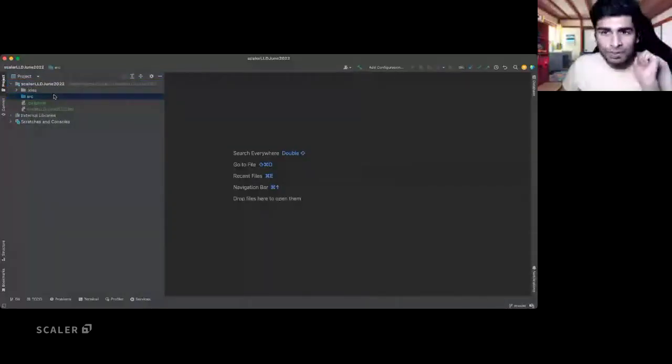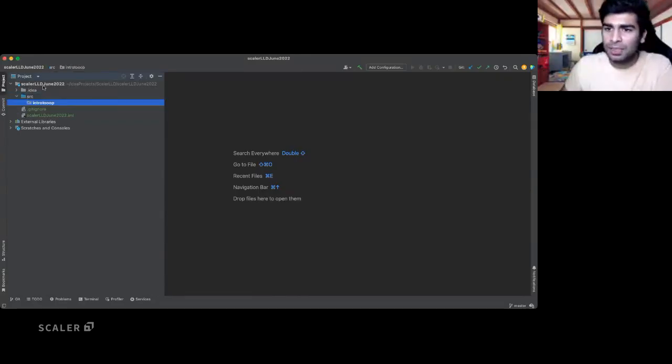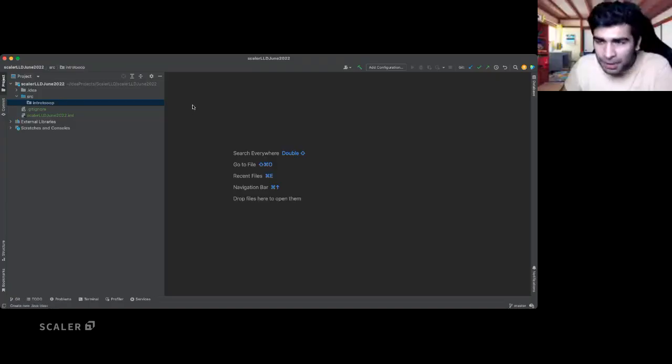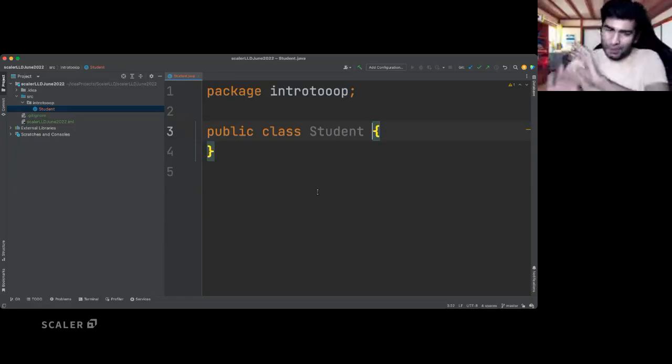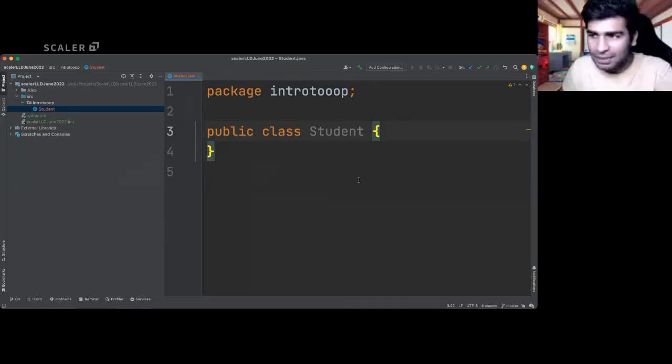Okay. So in the very first class, let me just create a random package to divide this into multiple folders, which is intro to OOP. In intro to OOP, we are going to create one simple class, which is Student. In this Student class, Manish, all these terms will come up. Please don't go ahead. There is a reason why I'm not going ahead. Consider for now it to be a folder. Because we will come to these concepts one by one.